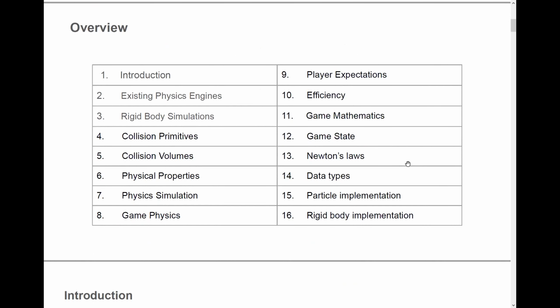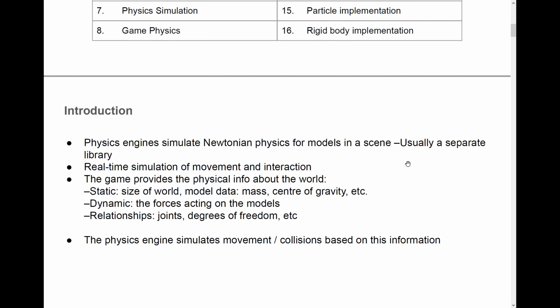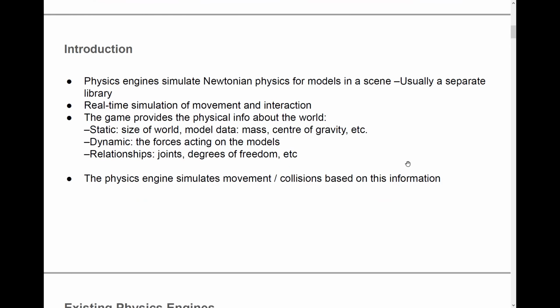These are the sections that we will cover during the course of this video. There are 16 subheadings that we will walk through. So, as an introduction to physical realism,